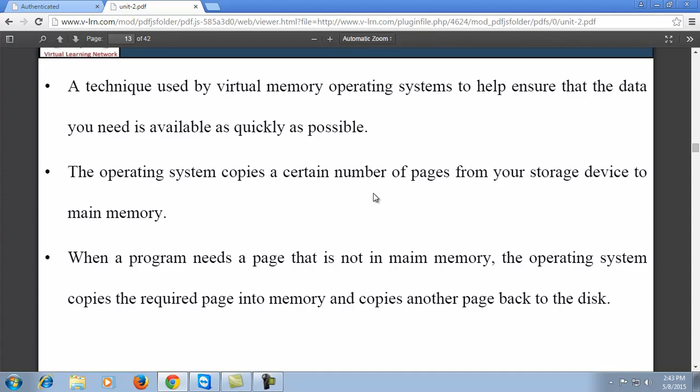When a program needs a page that is not in main memory, the operating system copies that required page into memory and copies another page back to the disk, to prevent page faults. That content is copied into the disk as well as the main memory.